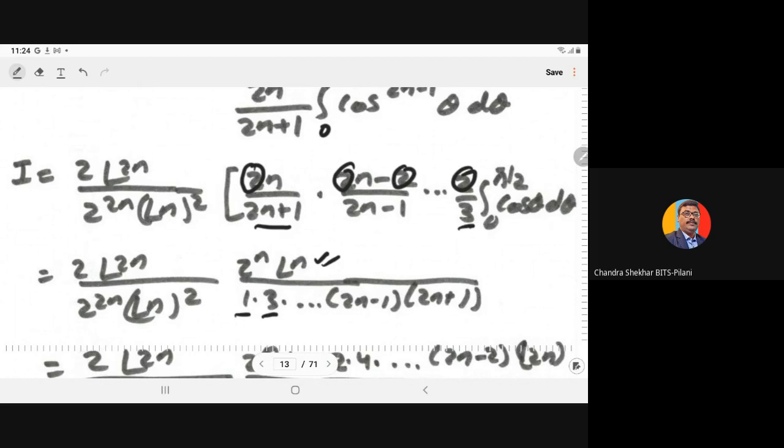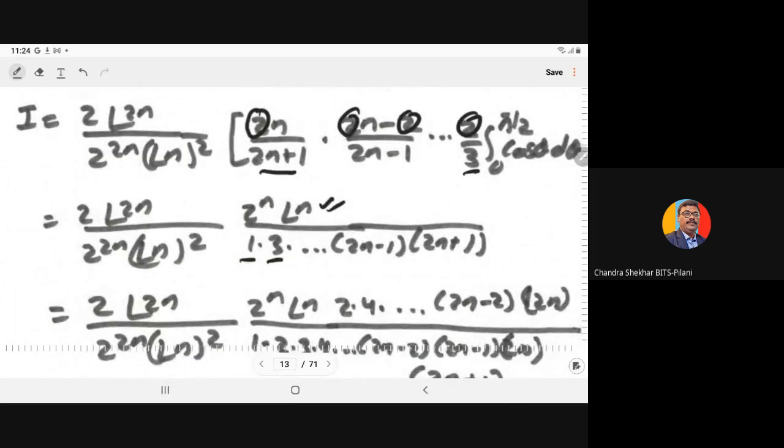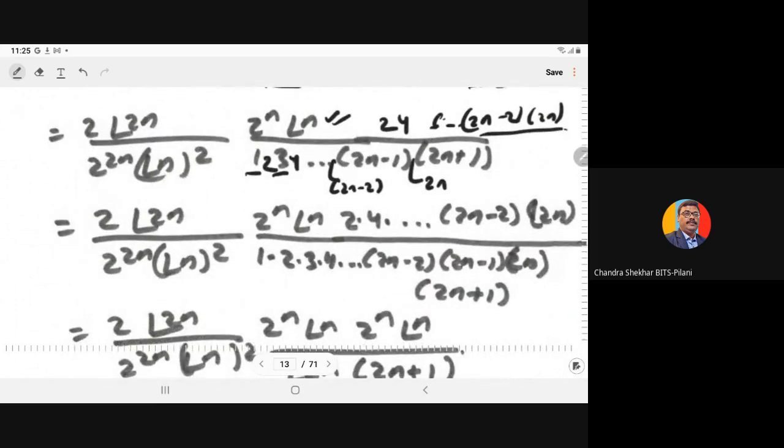Now in this case, if you multiply by 2 here, 4 here, and so on, and at last we have 2n here, and before this, if you multiply with 2n minus 2, so here we have 2n minus 2 and 2n. If you multiply this, again in the numerator we have 2 to the power n, so again we have 2 to the power n into factorial n.